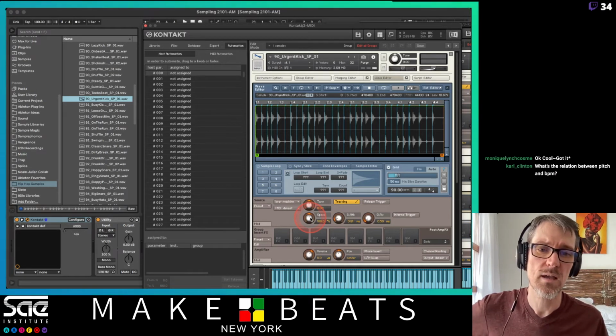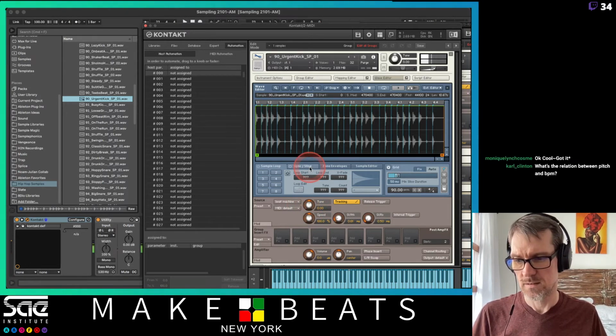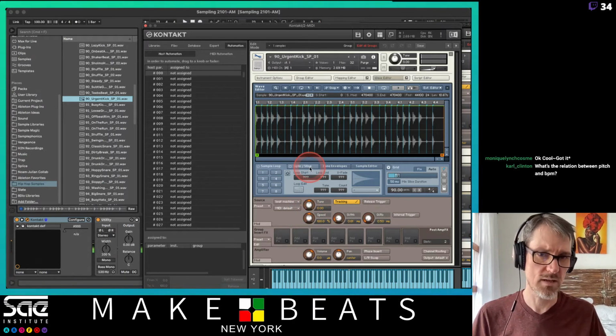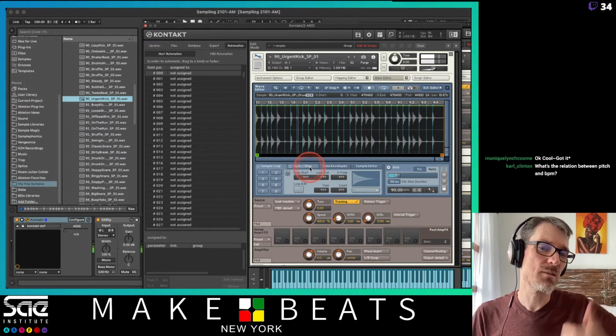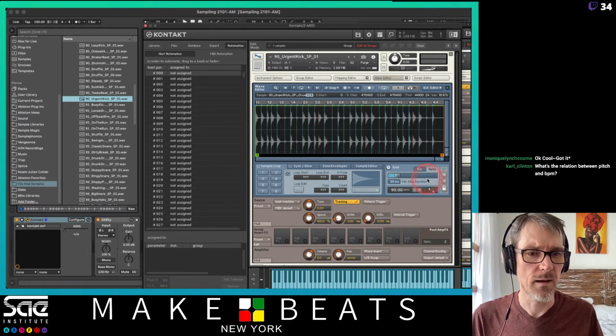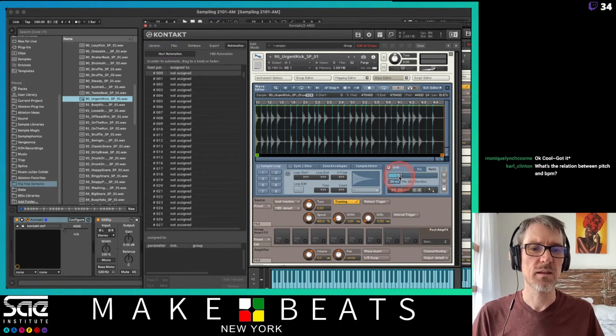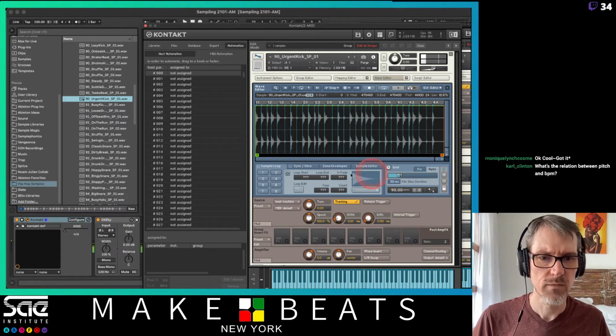So if I play now, because I've got Beat Machine turned on, if I play different pitches, there's my original pitch on my root key, right? But if I play up higher, it's going to raise the pitch of the drums, but because I'm in this beat machine mode, it actually keeps it in the same tempo. And you can hear it does